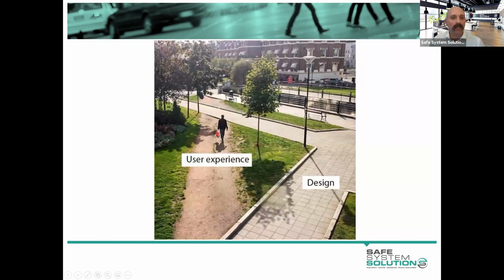And here's a little one that was circulating online, and I think the user experience is really the desire line, isn't it? If you have this, obviously that's where they want to go, and that's where they will go, despite what you've told them in the design. So as an auditor, you need to be that realist. You need to be able to go back and say, I know what you've designed and well done. Unfortunately, I don't believe the road users are going to use it that way. They're going to use it this way. And let's try to alter that in the design phase in your road safety